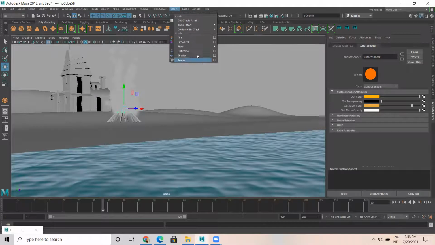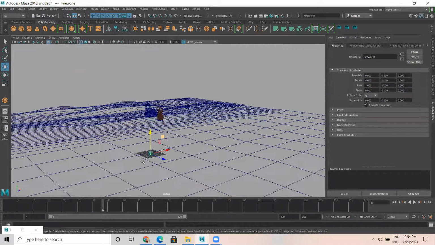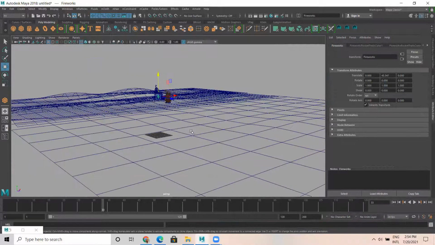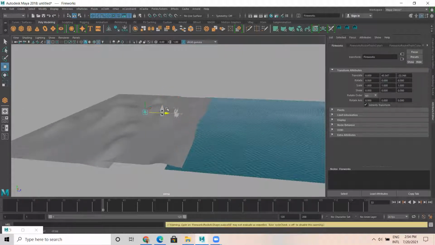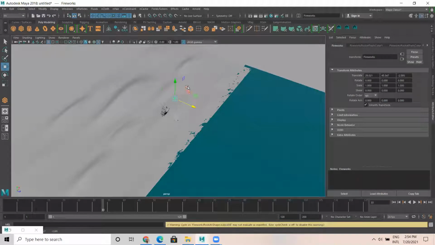Okay, so we have another thing called fireworks. Okay, so you know what are fireworks? How does it work? Fireworks, I think we got here exactly in the center of the grid. So what I'll be doing is, behind this house, like I'm just gonna place it here.